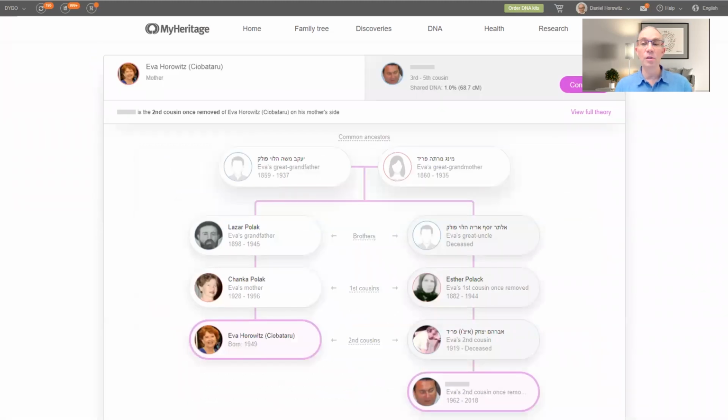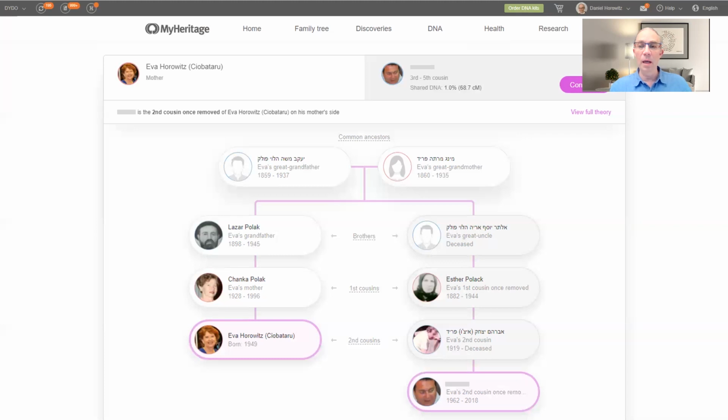The first thing MyHeritage is going to show you is the theory of family relativity, in case you have one. This is the path that MyHeritage found connecting you to the DNA match. Now, this may not be sufficient, at least for me as a genealogist, because yes, it's beautiful to see how my mom is connected with his second cousin twice removed, but still, I want to know where MyHeritage took this